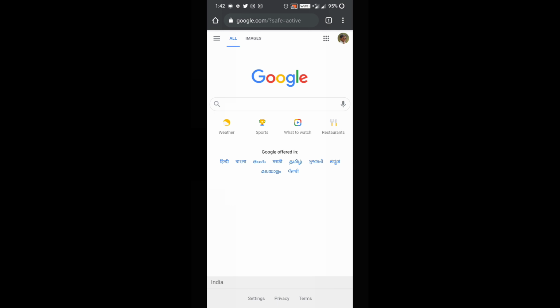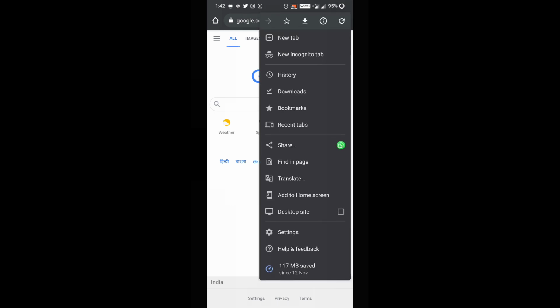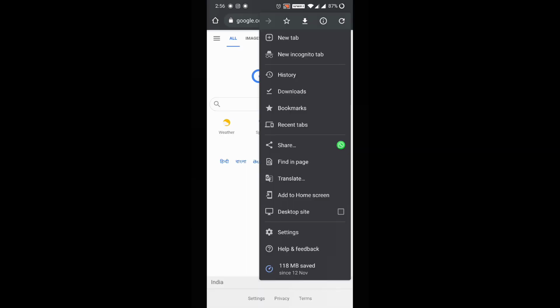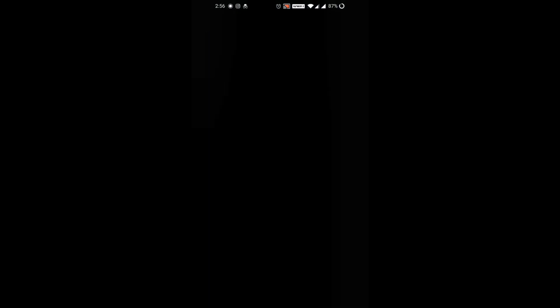Next, move to the important settings. In the right hand corner you can see three dots. Select that. First is a new tab. If you click on new tab, it will open a new window. The next very important setting is new incognito tab. Once you select it, you can browse privately and other people who use this device won't see your activities. However, downloads and bookmarks will be saved. If you want to browse privately, we can choose this option and continue.